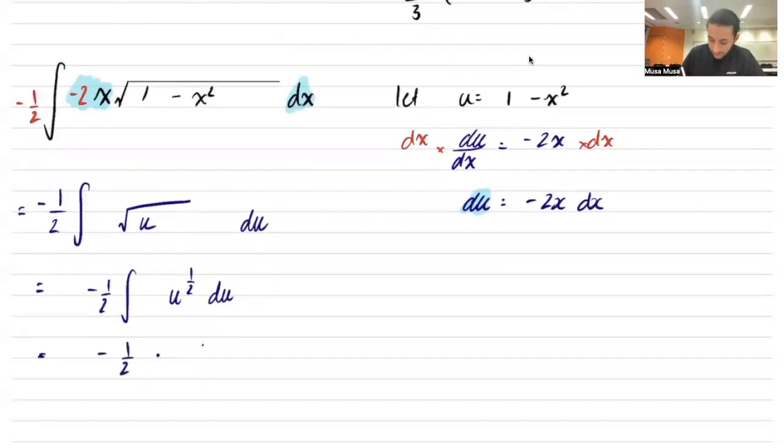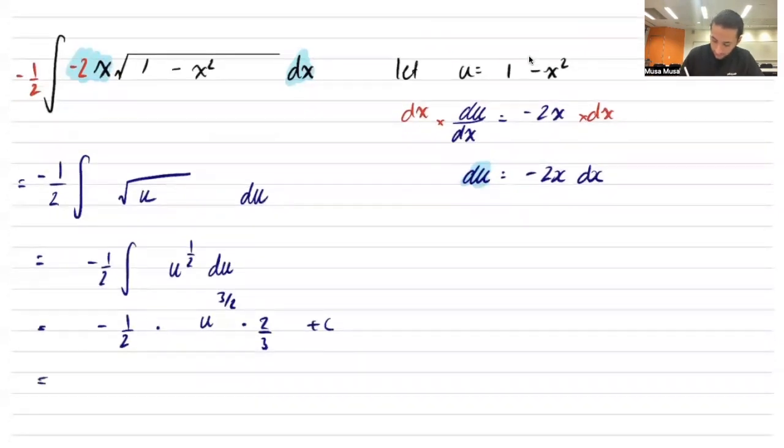It basically eliminates the need for reverse chain rule. So to the power of 3 over 2, multiply by 2 on 3 plus c, and we get minus 1 on 3, u to the 3 on 2 plus c. Now, because the original question came with x's, we have to go back to the original